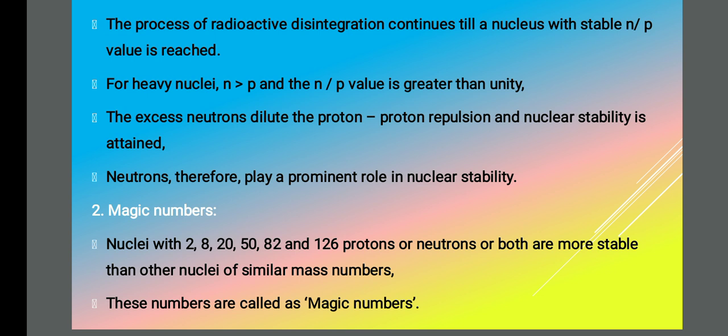For example, heavy nuclei which have above or below the stability belt, they are said to be highly unstable. அவங்க என்ன பண்ணுவாங்க, the remaining value அந்த stability belt அந்த n by p ratio 1 வரது வரையிலும் they'll be emitting radiation. Is it clear with the point? And this process will continue until the stable n by p value is reached. What I mean by that is, n by p value 1 ஆகிறதுல அந்த ப்ராசஸை வந்து கண்டினியூ பண்ணும்.